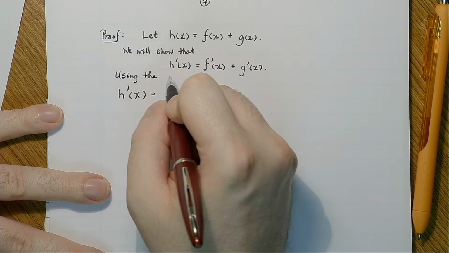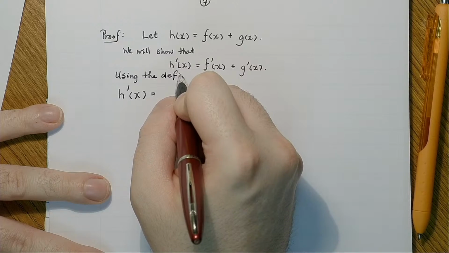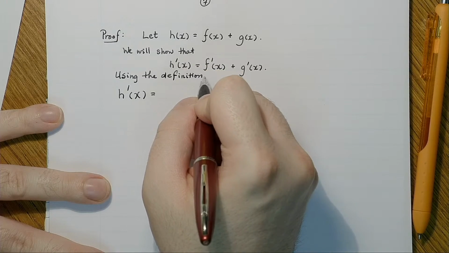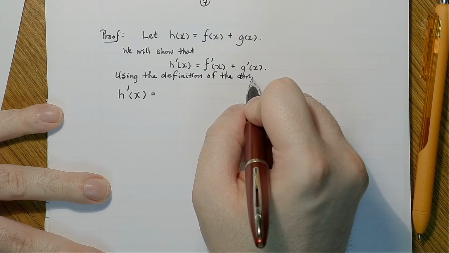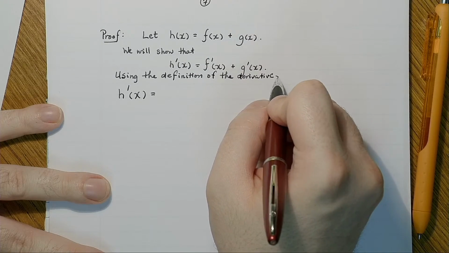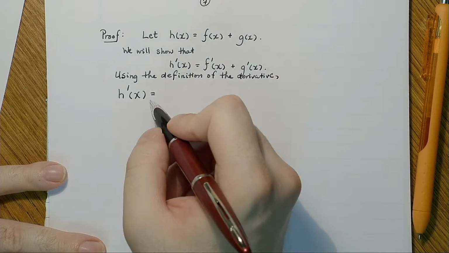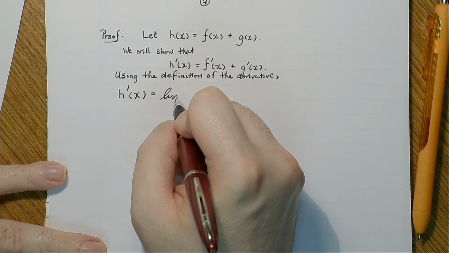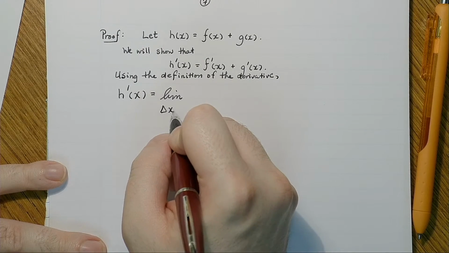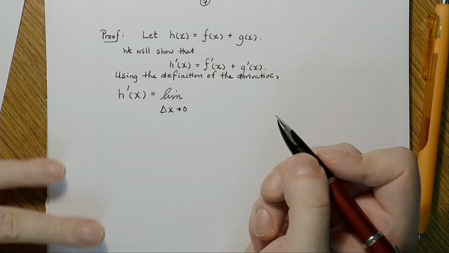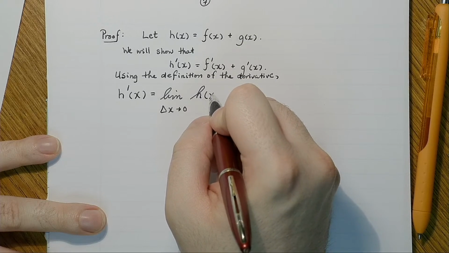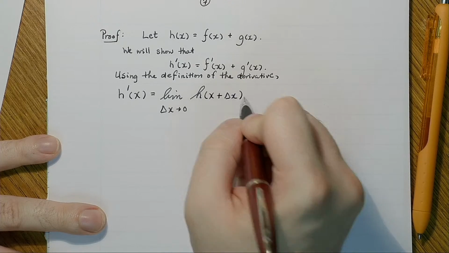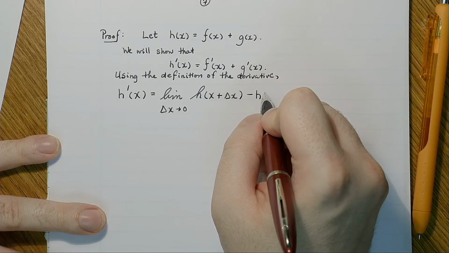So using the definition of the derivative, we have h of x plus delta x minus h